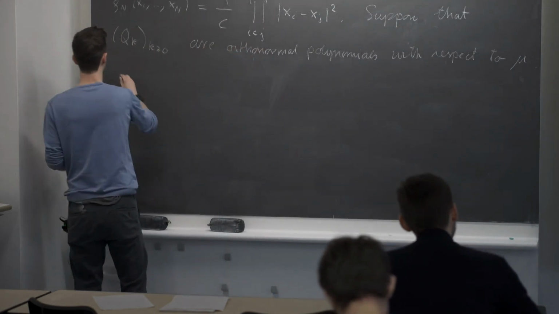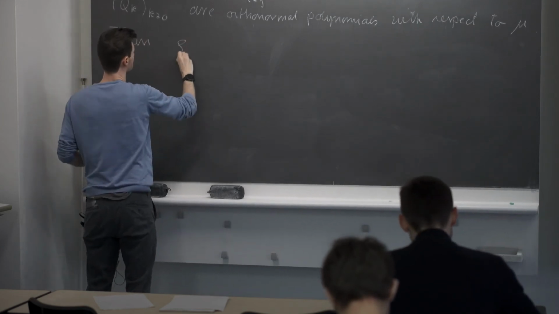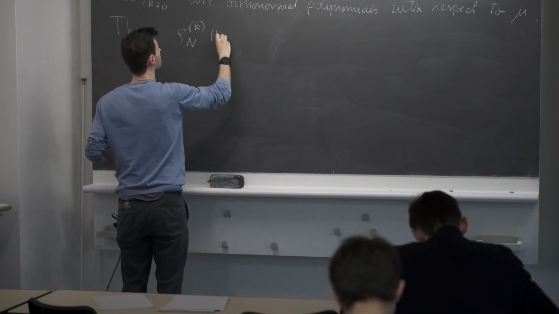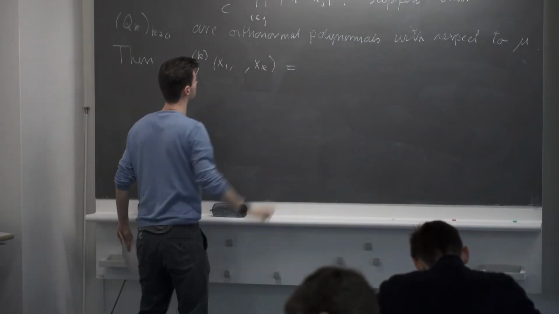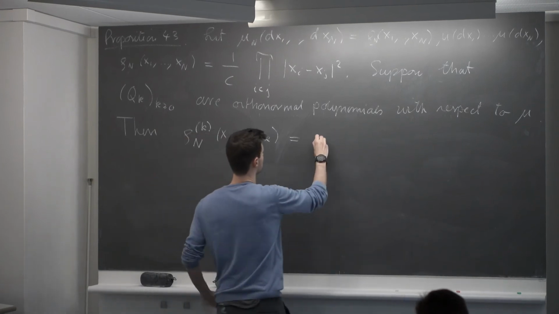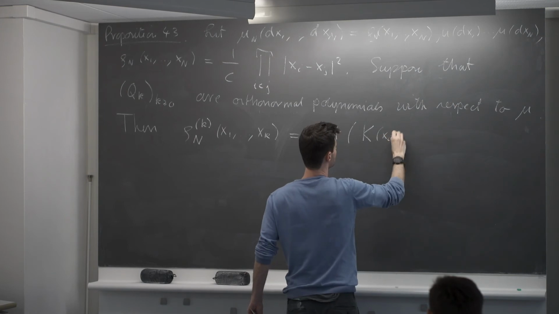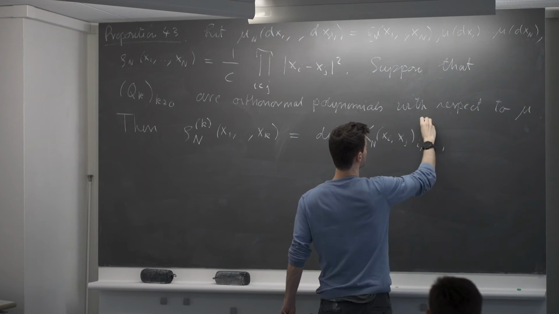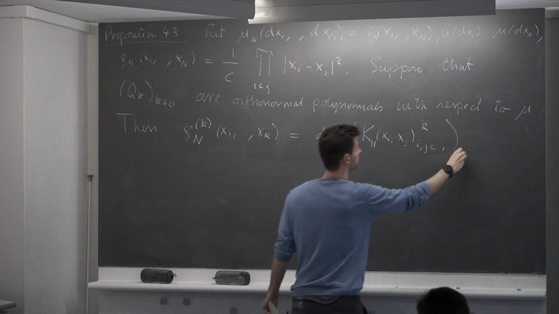Then the claim is that we have an explicit beautiful formula for this k-point correlation function for any k, namely it is the determinant, where